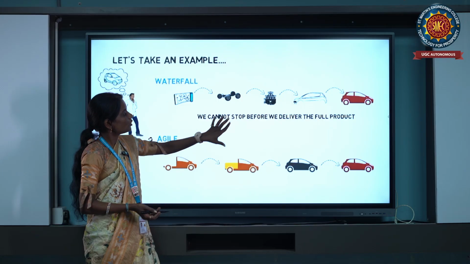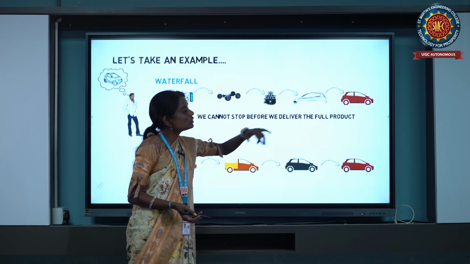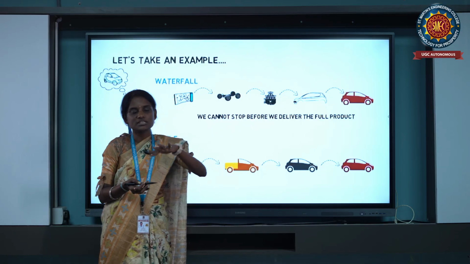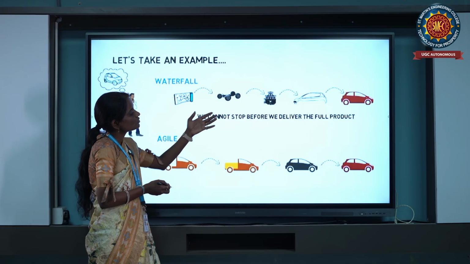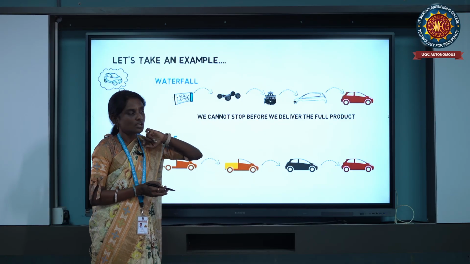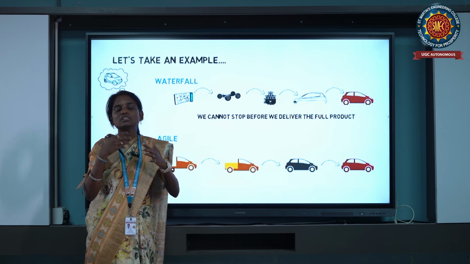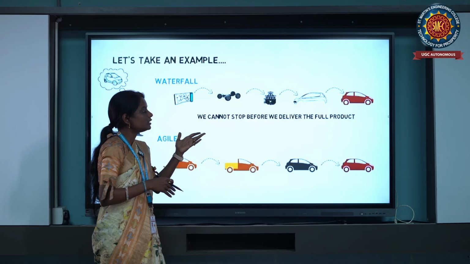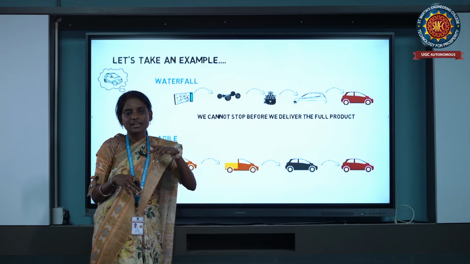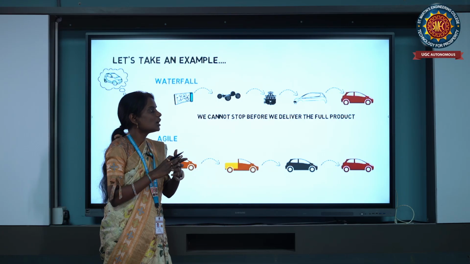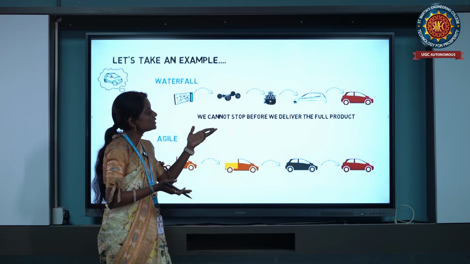Whereas in the waterfall model, he is not satisfied. For example, if we want the blue color but we can't get the update from the customer, we'll be keeping the red color and delivering the product, but he is not satisfied with this color. He can't even return the product. He may give negative ratings and negative feedback, which will bring a bad reputation for the organization, and they may not get future clients buying products from the organization.